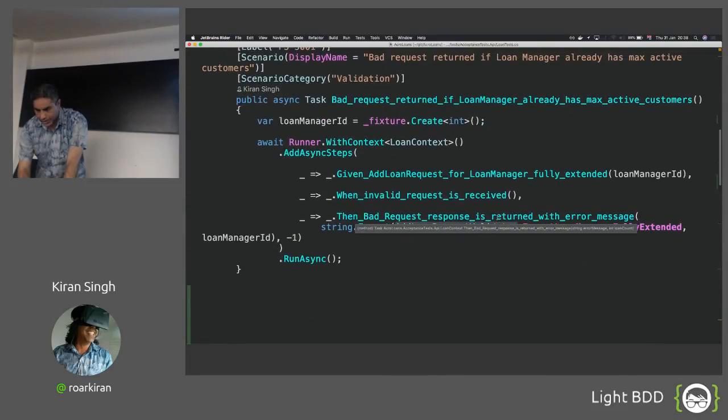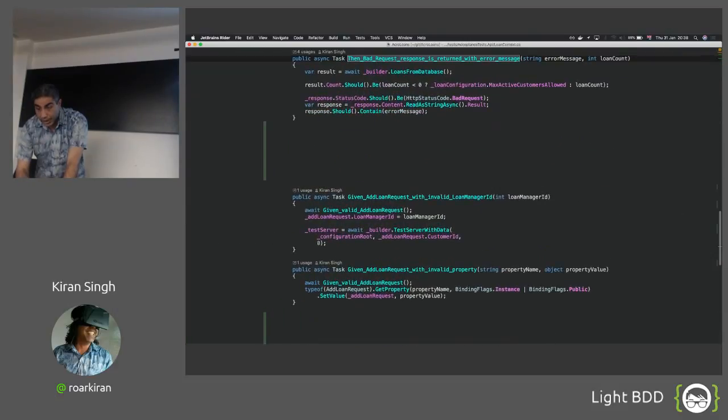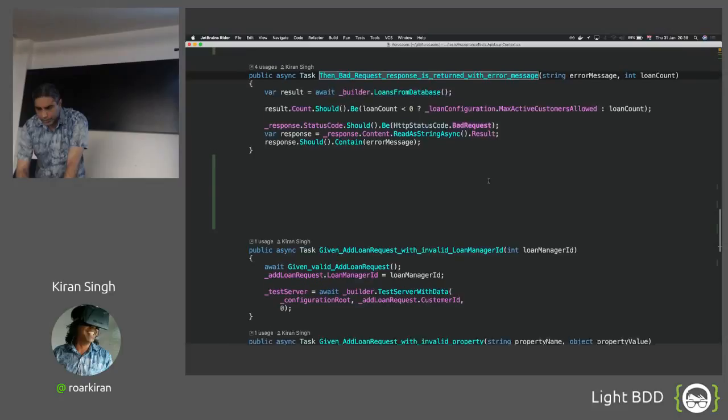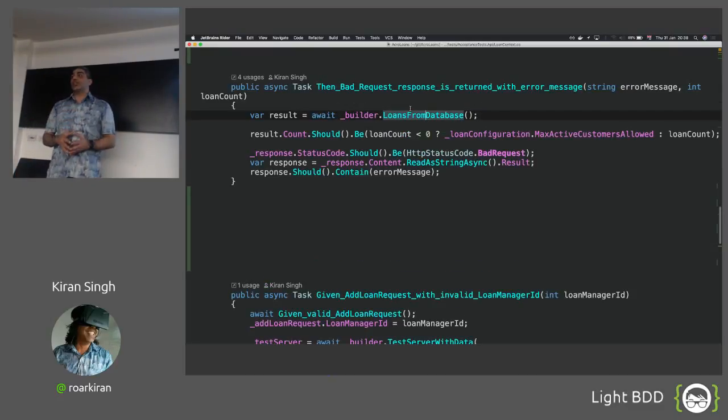And you validate that your response returned with the bad request status code, and your error message is right. Plus, you're checking that the loans set up in the database, which was done in the previous method, which set